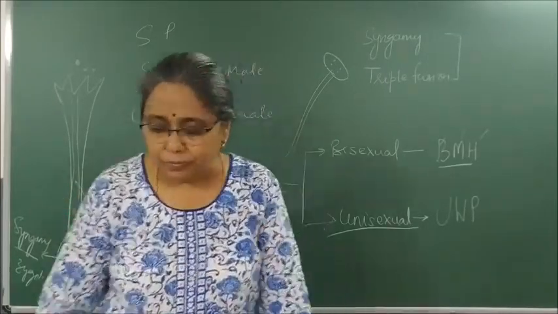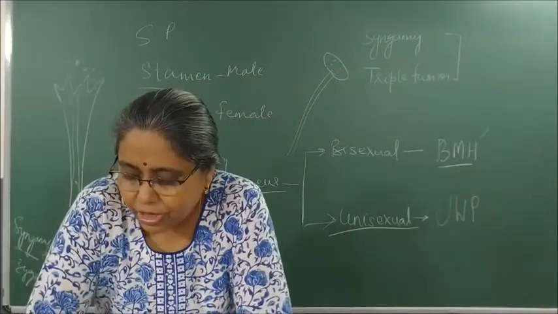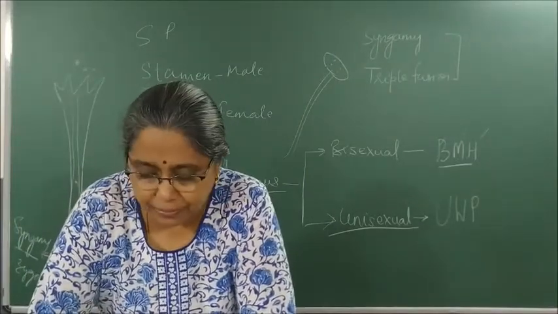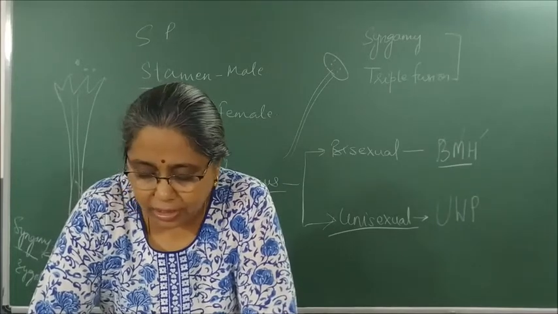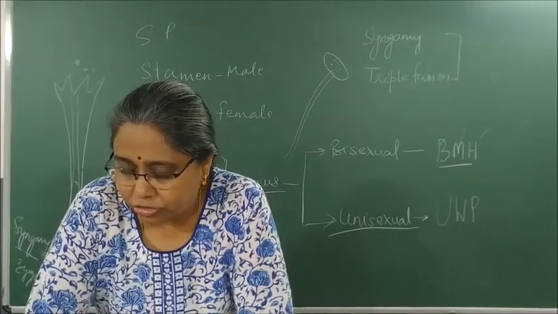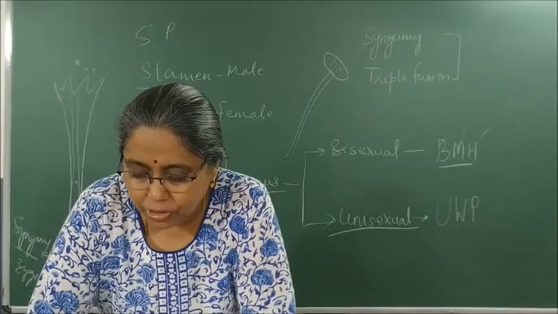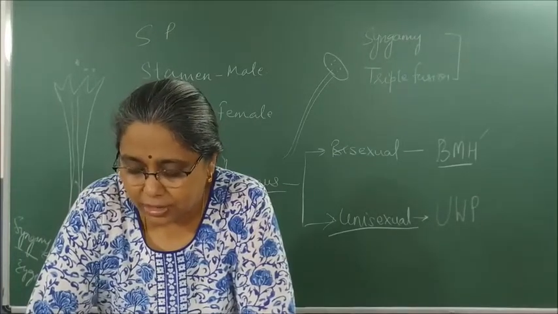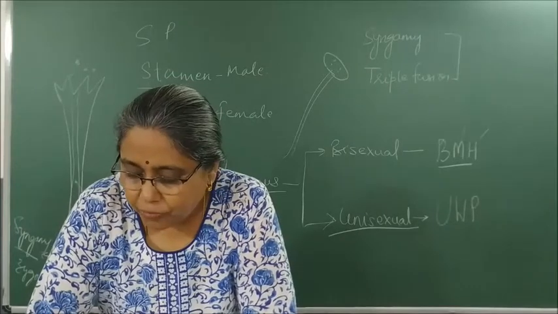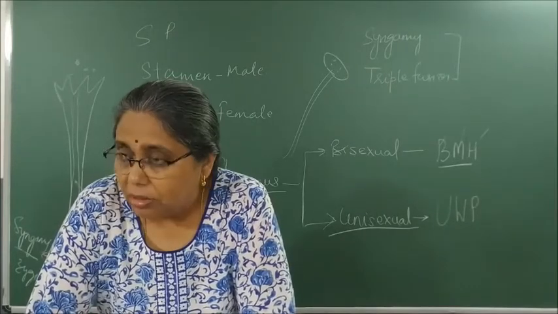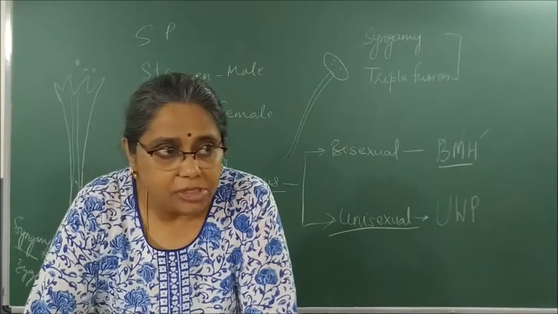Okay. Thus the pollen needs to be transferred from the stamen to the stigma. If this transfer of pollen occurs in the same flower, it is referred to as self-pollination. On the other hand, if the pollen is transferred from one flower to another, it is known as cross-pollination. The agents of pollination may be wind, water, or animals.